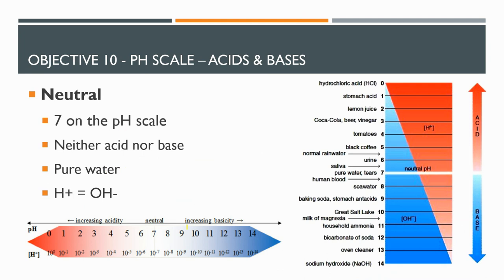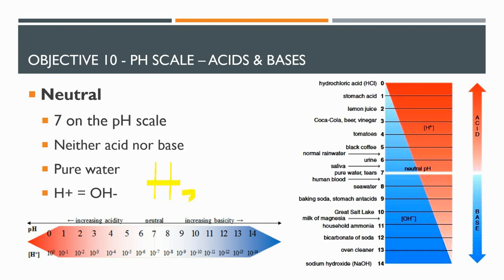All right, so 7 on the scale is neutral. And so just to kind of explain why, pretty much it's pure water. Everything else is either going to be an acid or a base. But at neutral, it's neither. It's neither an acid nor a base. And so the reason pure water is neutral is because if we were to break that down into ions,